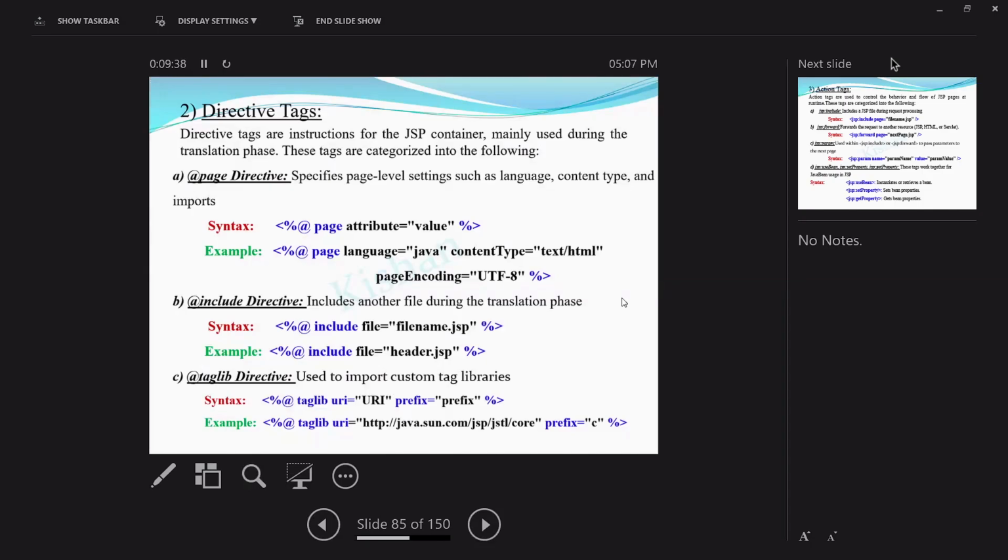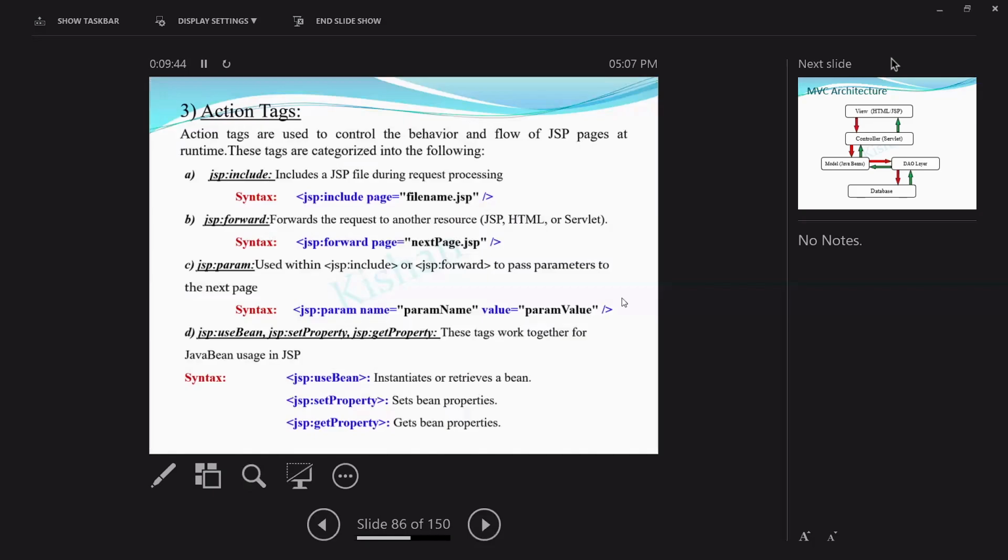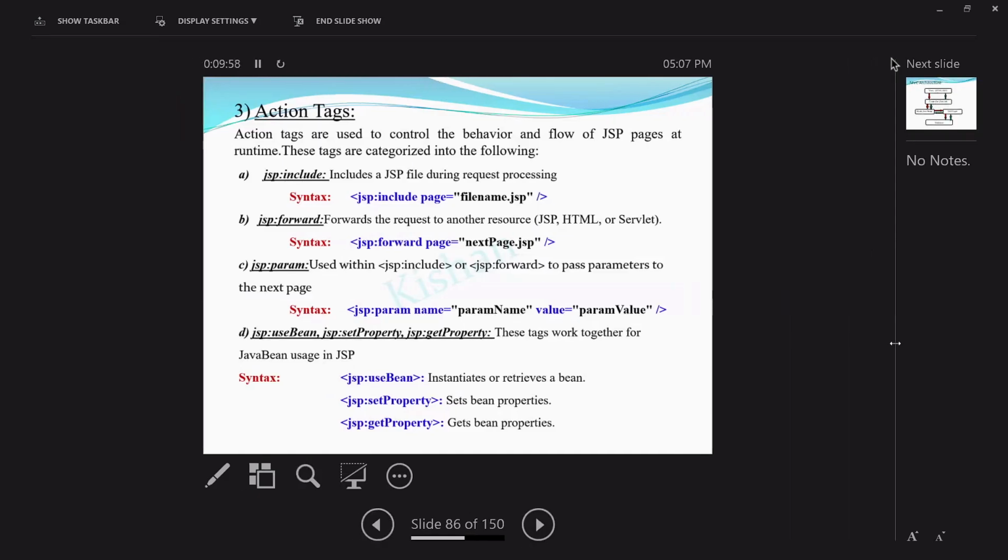Action tags are used to control the behavior and flow of JSP pages at runtime. These tags are categorized into the following: